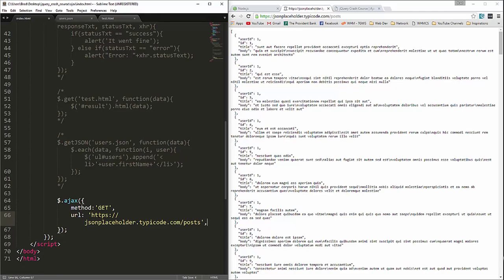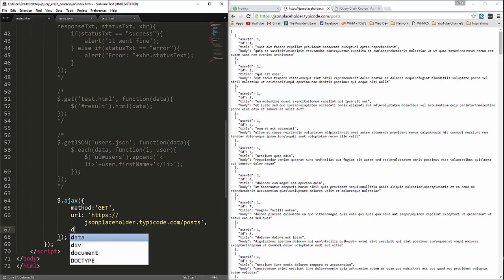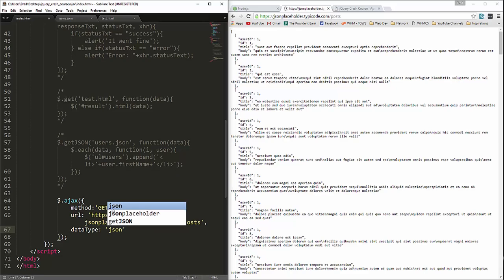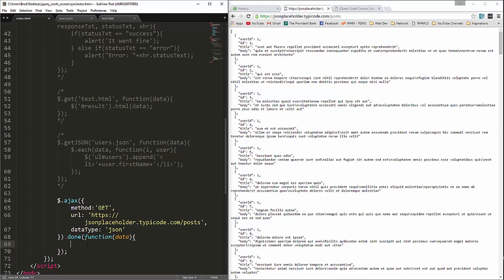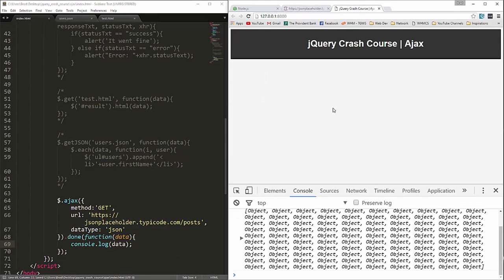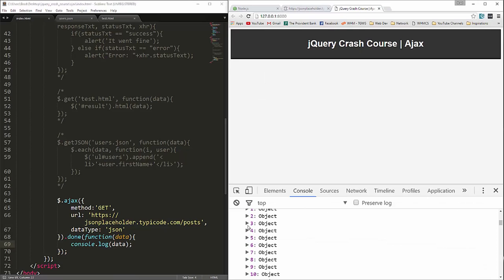Okay. And then we're going to say the data type, which in this case is JSON. And then down here we're going to say .done, and inside that done we'll have a function, and that's going to pass back data. Okay, now in this done callback function, let's do console.log data. Okay, we'll go back, reload, and now if you look down here, we have a whole bunch of objects,